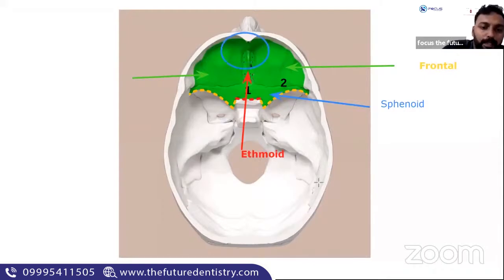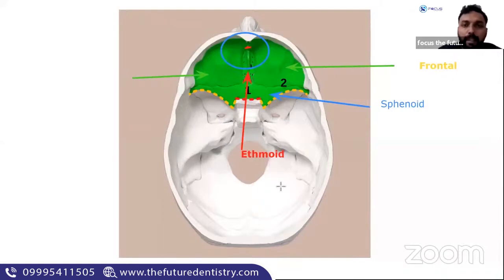So foramen cecum will be somewhere here. This region, you have the foramen cecum. So foramen cecum is basically a foramen in the frontal bone. Okay, some of the guides, I think even the Pulse, give it as located in the ethmoid bone. No, it is not located on the ethmoid bone, it is located on the frontal bone.